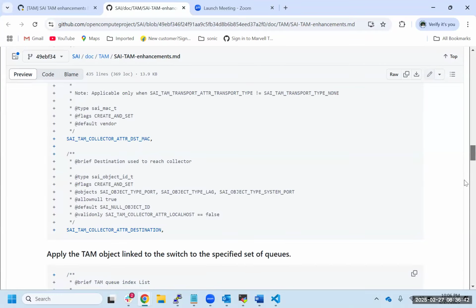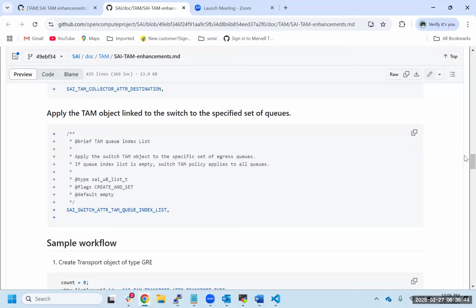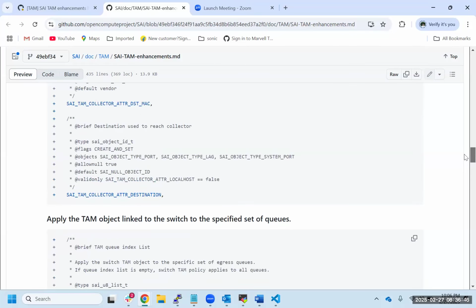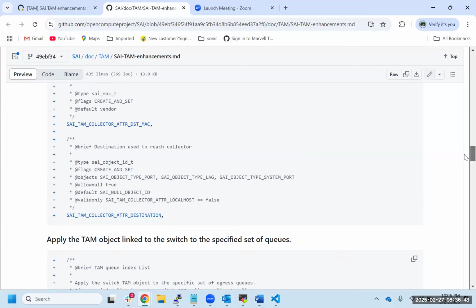You also need a VLAN tag or something like that in the case that the destination happens to be a tagged port, or you're always going to send untagged packets because you're not doing a lookup in the pipeline to decide the destination, right? I think yeah, you need source MAC, destination MAC, and destination. So in your case, you're always sending the untagged packets. Yes. Okay.